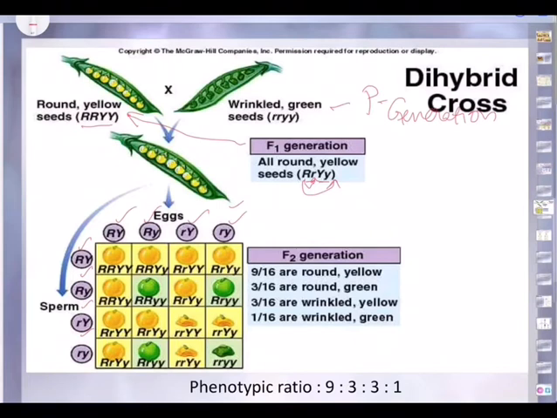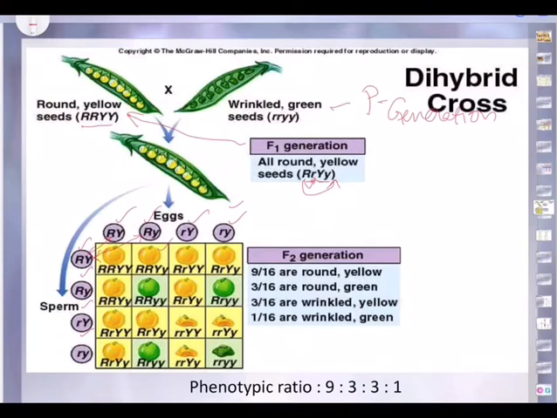And these 8 gametes, that is sperm, or rather we can say pollen grain, and the ovum. So pollen grain having capital R, capital Y, ovum or egg having capital R, capital Y. So these combinations will work in this way. So this pollen grain meets this ovum. What is the zygote that is found? Capital R, capital R, capital Y, capital Y. So what is the phenotype of this? Pure round and pure yellow, because capital R is for round, capital Y is for yellow. So round and yellow.